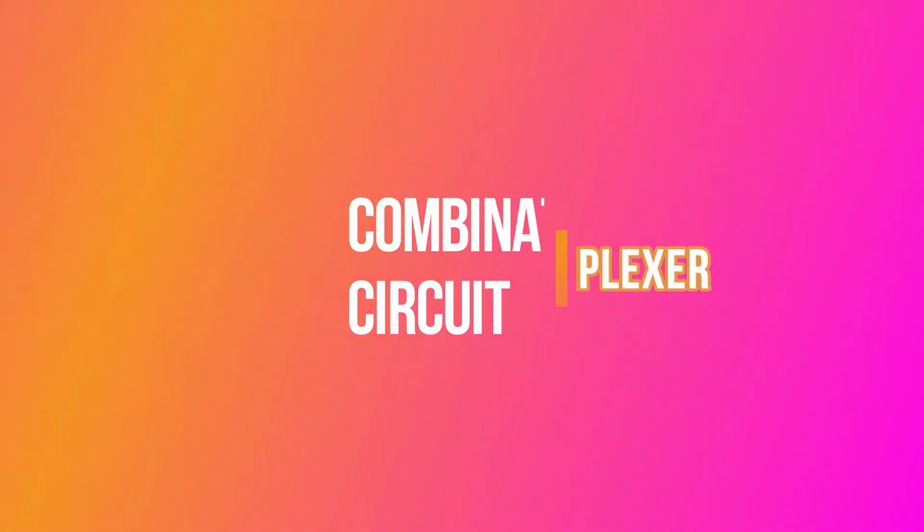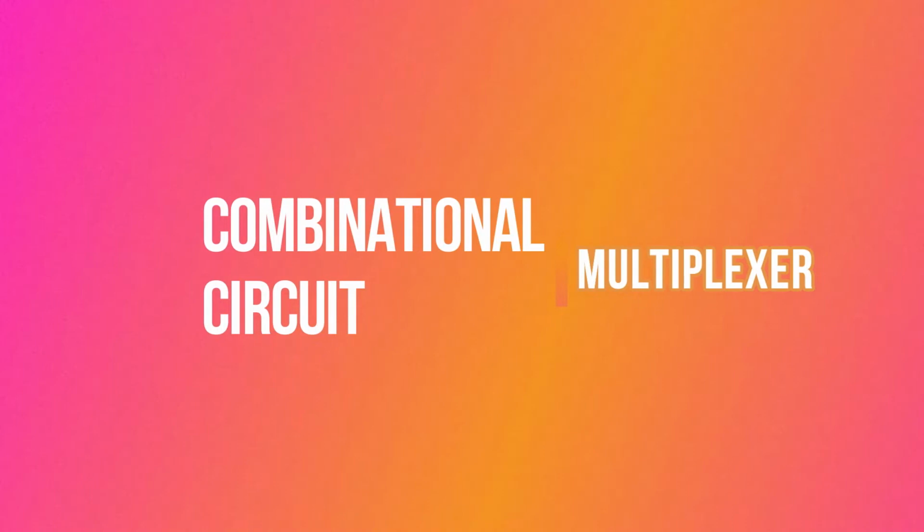In this video, we are going to talk about multiplexer. So, multiplexer is a kind of combinational circuit that has multiple input and single output. The binary information is received from the input lines and directed to the output line on the basis of the values of the selection line. One of these inputs will be connected to the output. A multiplexer is also treated as mux. So let's start the video.